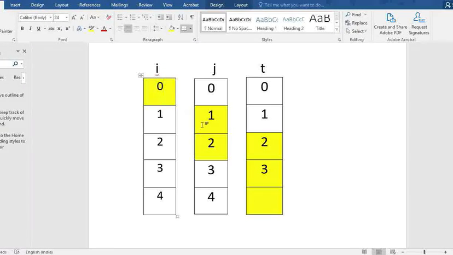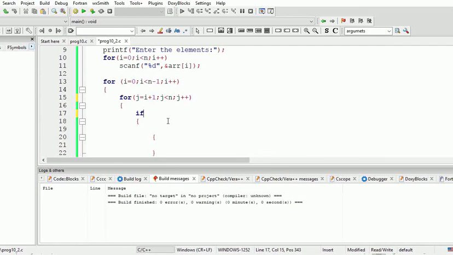Now I shall check the array of I with the array of j. If they match, we again initiate a for loop.